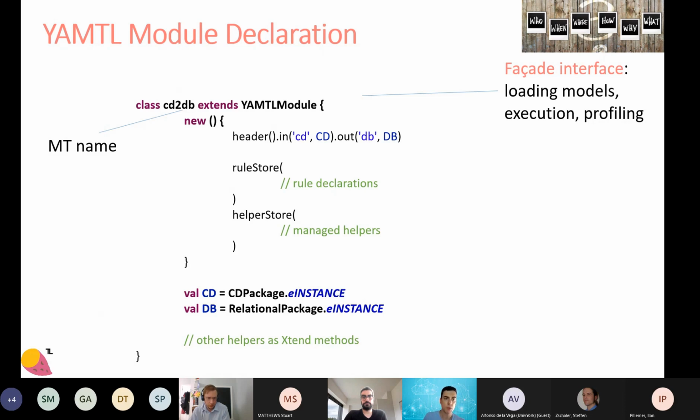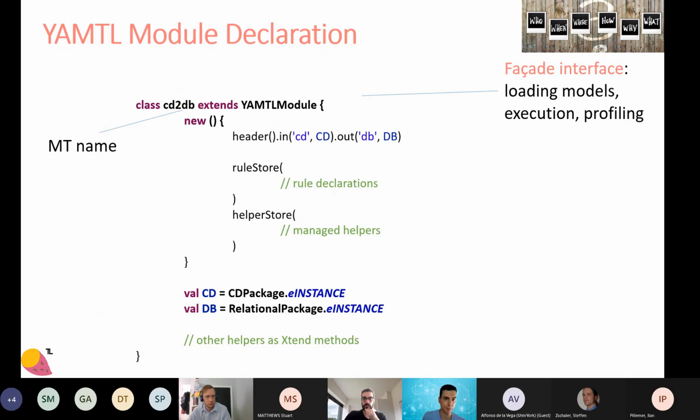In the constructor, we need to specify the signature of the transformation, indicating what the input models are, and this is the name for the input model, and this is the package of the EMF metamodel. And we have to specify what the output models are. In this case, we also have to specify the name and the package of the output metamodel. In this case, we have an out-place model transformation where we get a class diagram as input and we output